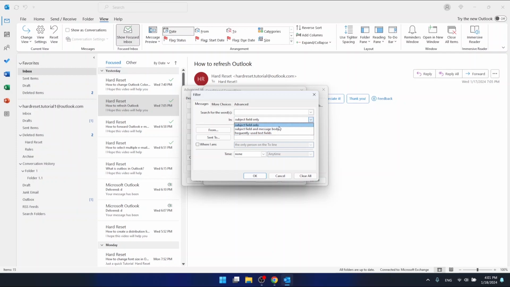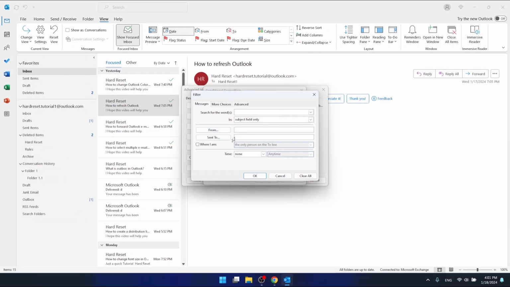So for example, if you want to search for the emails that have something common in the subject, like let's say PR or marketing or something, you want to click subject field only and search for the words. So this is going to filter it,